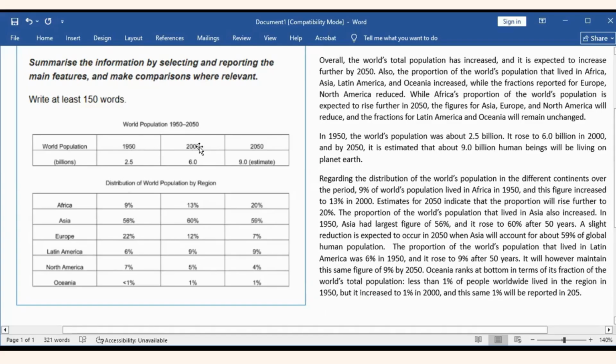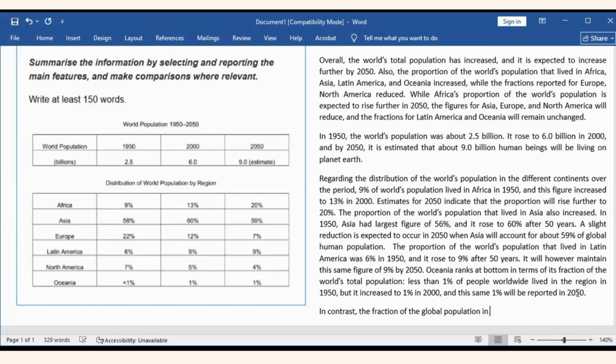That's what I used to construct this second paragraph. And then finally, we have the last part, for the ones that reduced. In contrast, the proportion of global population in Europe and North America has declined, while Europe's figure